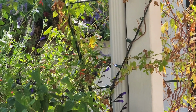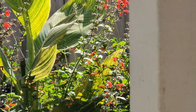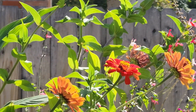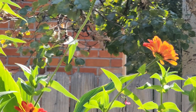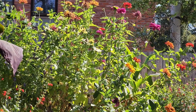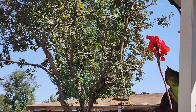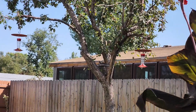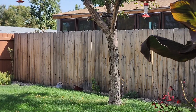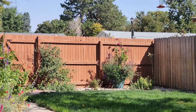A couple times we've seen bears across the street. A mountain lion. I saw it walking down the street one night about 1:30 in the morning. And raccoons. I've seen them hop up in the apple trees, crab apple trees, and stuff right about sundown. And well, I guess just considering what could be in our yard at night,